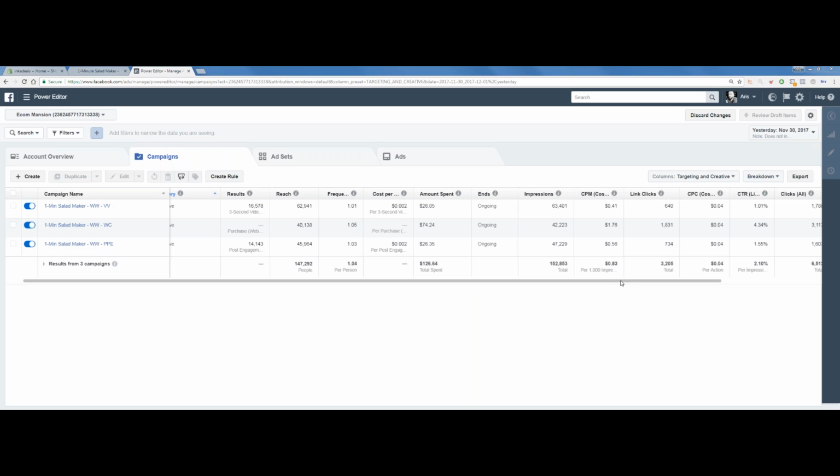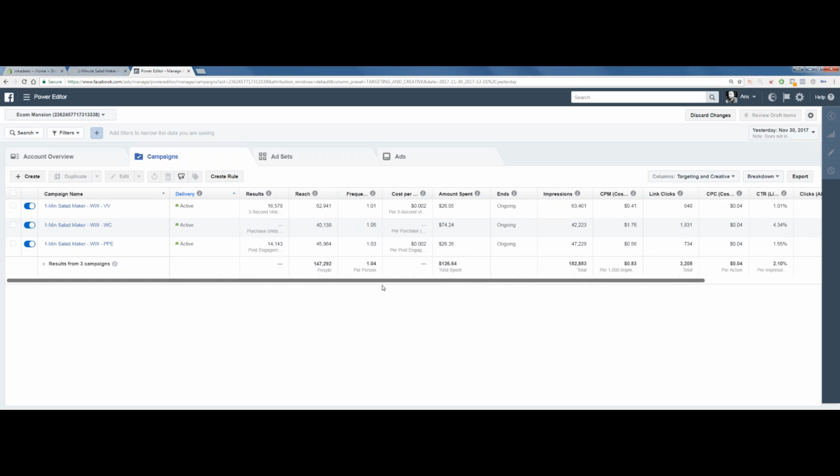Either way, I'm going to demonstrate here what you should be doing, how you should be scaling. The first thing we need to do is identify what we're going to be scaling first. And there's a foolproof, really simple way of doing that. We're going to look at our winning ad sets.